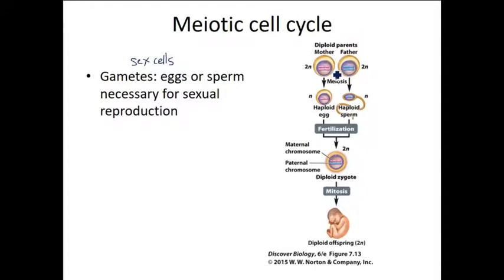Okay, and what happens is you start out with a regular cell, and then it goes through the process of meiosis and either creates an egg if you're a female or a sperm if you're a male. Okay, and then the sperm fertilizes the egg, and then you get the zygote and then the baby, and that's the sexual life cycle. Okay,